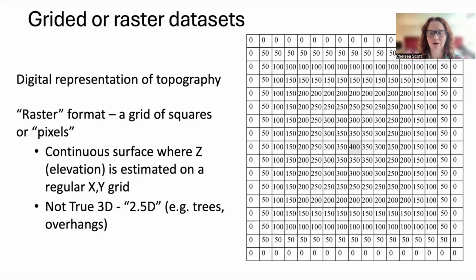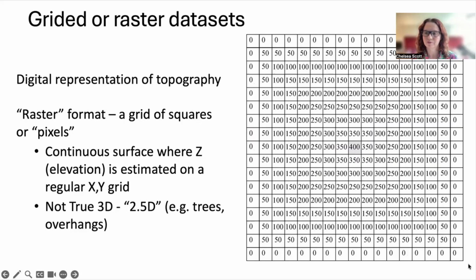For example, here on the right, you can see a grid of squares where the elevation of each point is printed in the middle. If you've seen other videos, you've maybe seen this before, but here we're looking at a pyramid, with the highest elevation in the middle being 400, and then lower elevations, in fact 0, at the edges